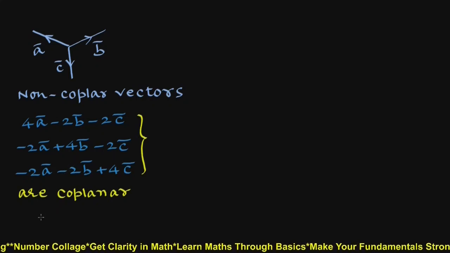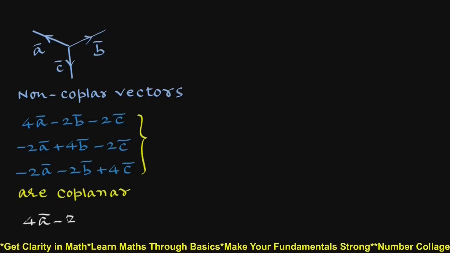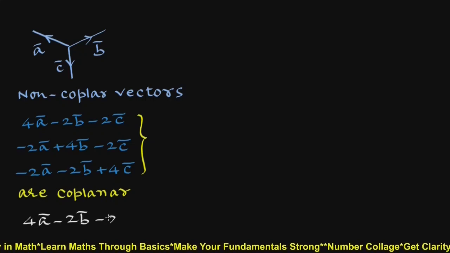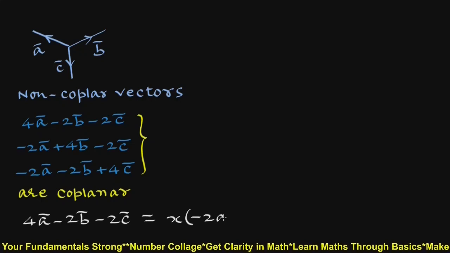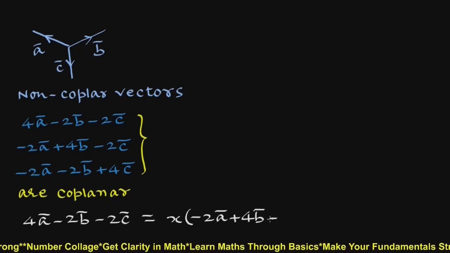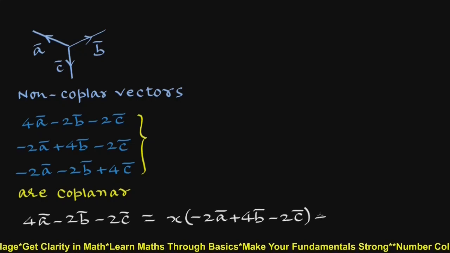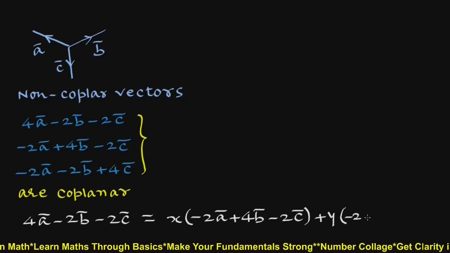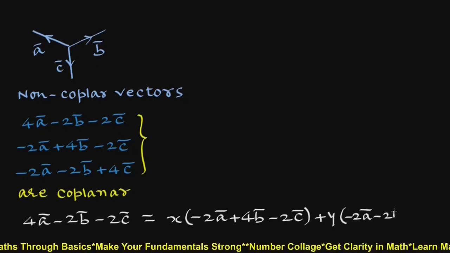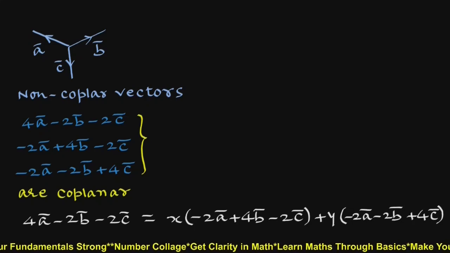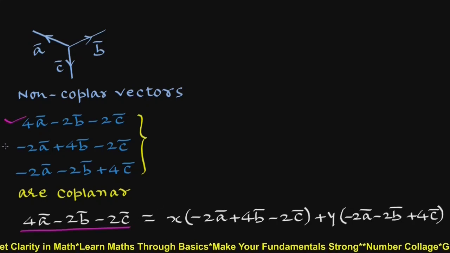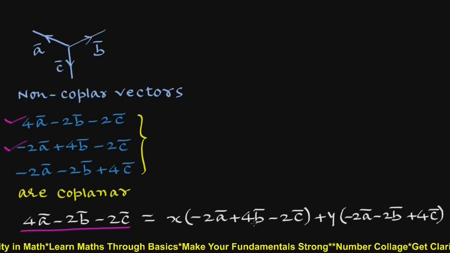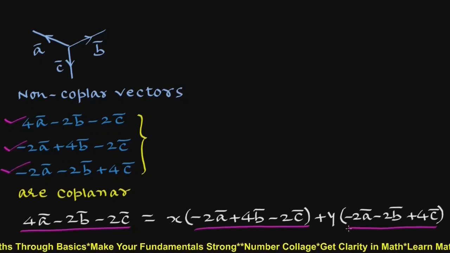So we write the first vector, a bar minus 2b bar minus 2c bar, equals x times (minus 2a bar plus 4b bar minus 2c bar) plus y times (minus 2a bar minus 2b bar plus 4c bar). Here we have written the first vector as a linear combination of the second and the third,